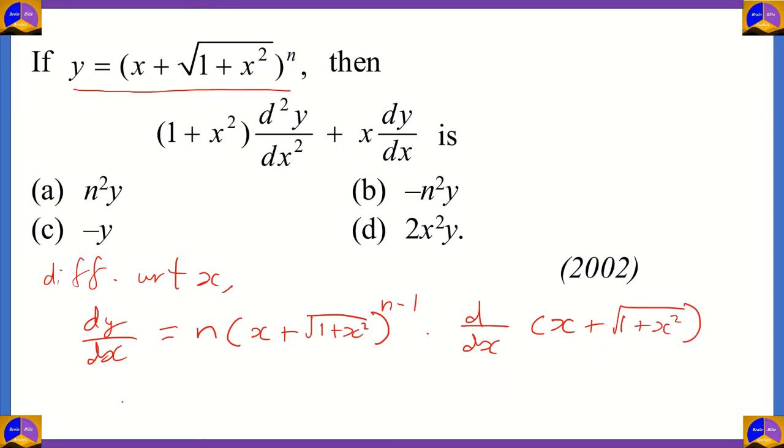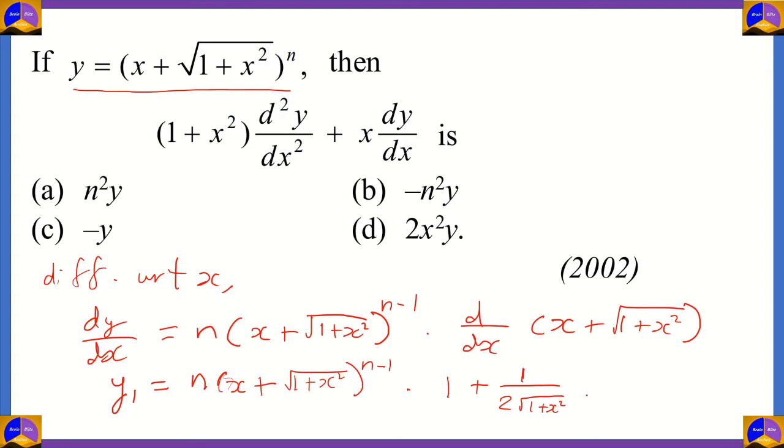So let's write dy by dx as y1, first differential, and over here you will be having n times (x plus under root of 1 plus x squared) whole raised to n minus 1 times d by dx of x is 1 plus d by dx of anything in a root will be written as 1 by 2 times that same root, 1 by 2 root of 1